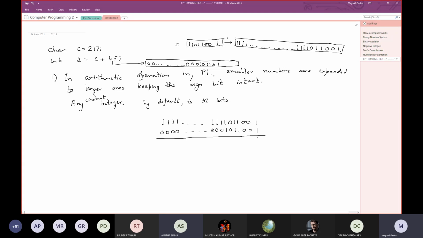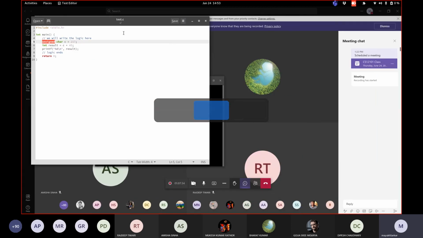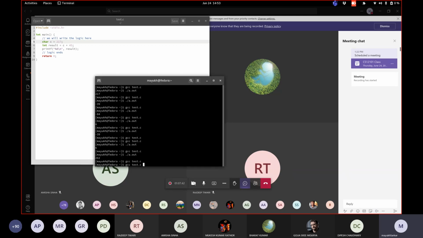If you do the addition, you will get the same thing, just there will be a 33rd bit, that will be 1, and the rest of the information will be 110, and this one will be discarded. Eventually you will get 6. That's what you observed when I removed this unsigned word here and you did the addition: you got the result 6.